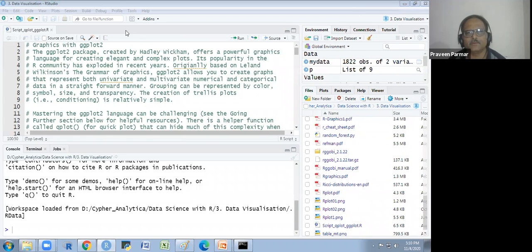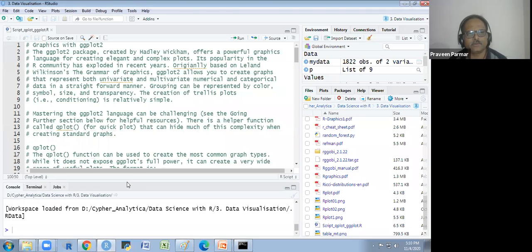So let's continue with this. We are going to start the qplot graphics with ggplot2. The ggplot2 package, created by Hadley Wickham, offers a powerful graphics language for creating elegant and complex plots. Its popularity in the R community has exploded in recent years.